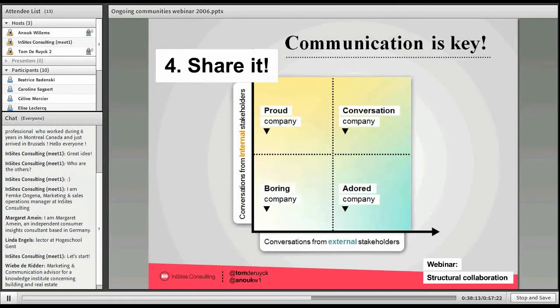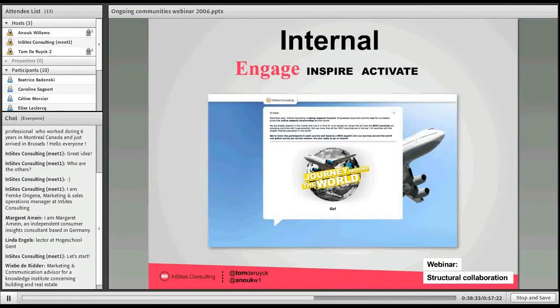Engage is about confronting the people that need your research with your research results in a very engaging way, and you confront them with the consumer world and with their own knowledge. When it comes to inspire, it's about presenting them the real insights in a very engaging way during a very engaging workshop.